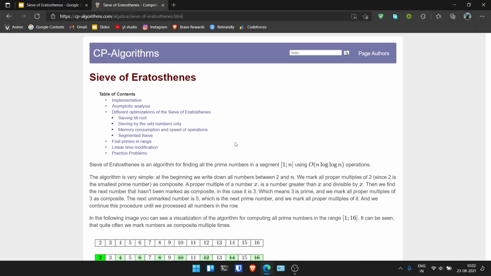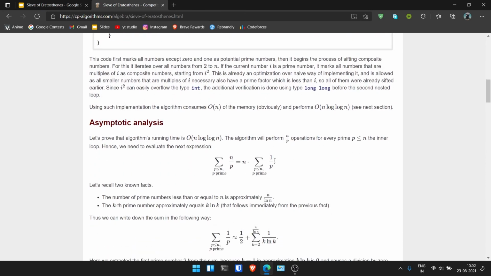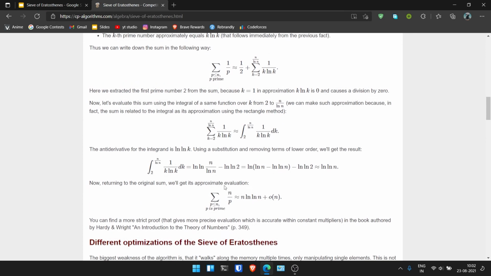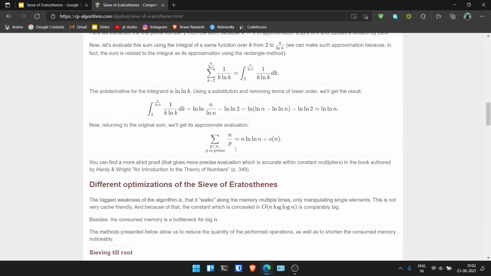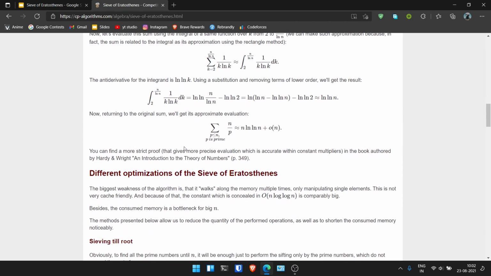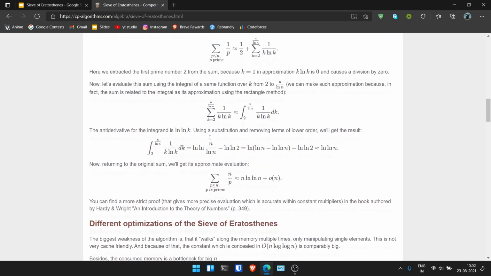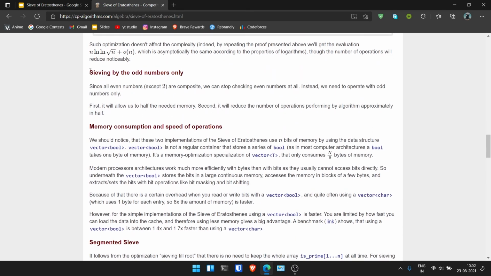But if you want a mathematical proof of why this works in O of n log n time, then this is the analysis of the algorithm, and here they prove that this works in O of n log n time, right? And this can be found on the CP algorithms website. I'll leave a link to this page in the description. This is not very important to study, but if you want to do it for your interest or curiosity, then you can read this particular page. And there are different optimizations to the sieve also, for example this particular optimization where